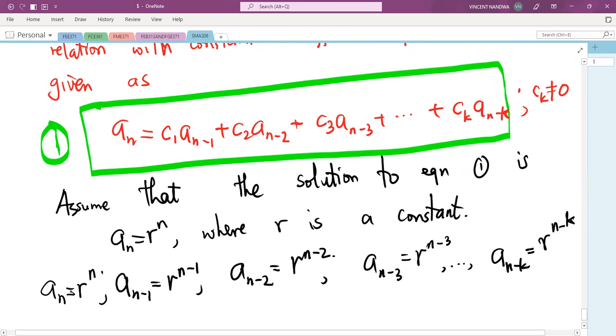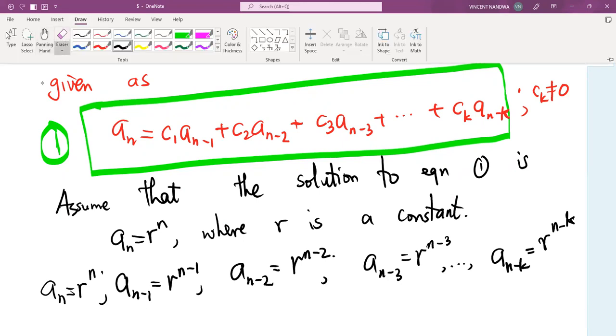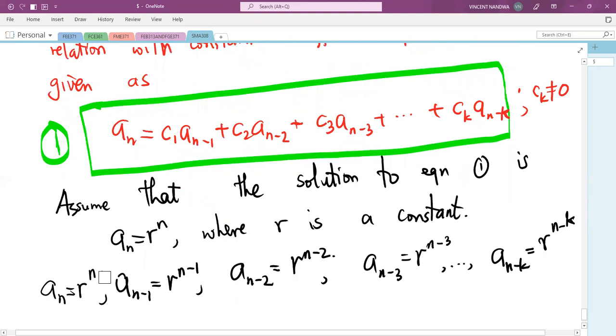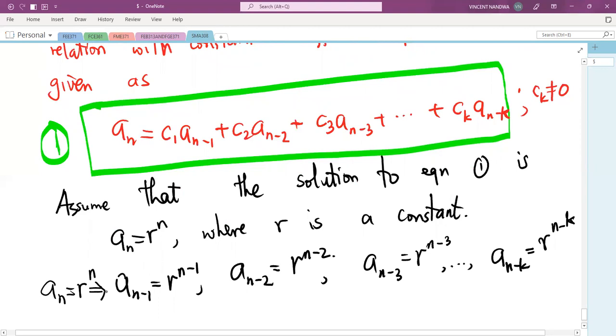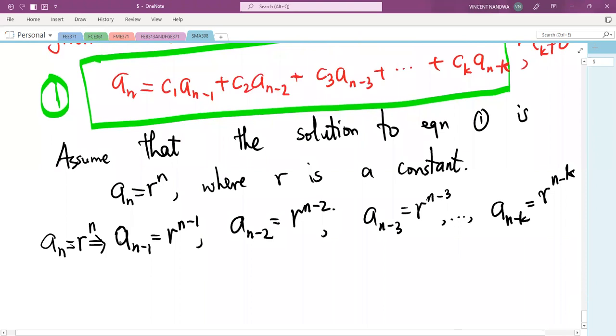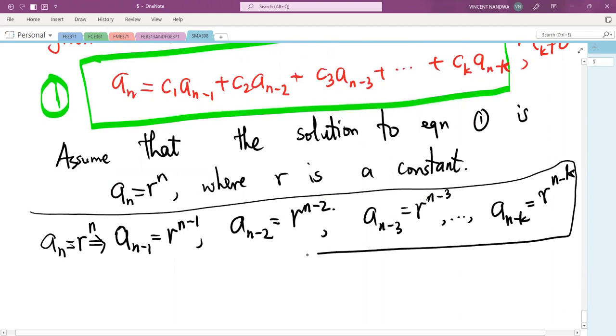It follows from this result, actually we can put an implication sign here, that a_n equals r^n implies that all these other terms can be defined in this manner. So therefore, if I call all these relations 2,